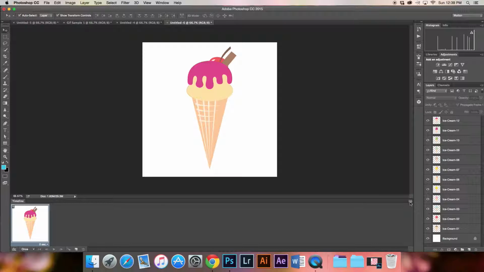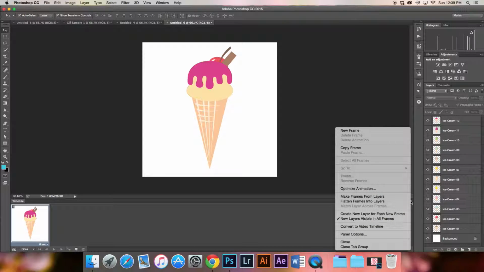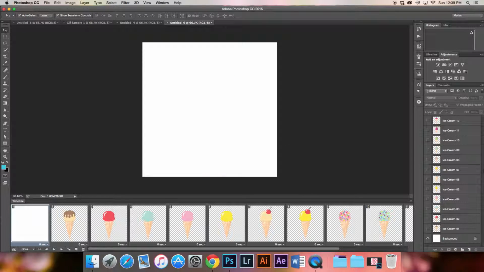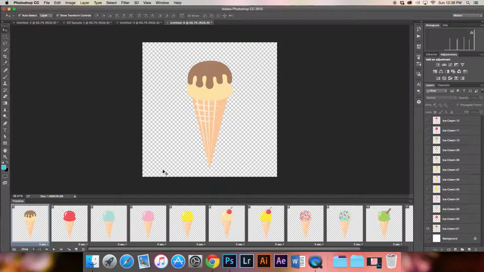And if you click on this little icon here, and say make frames from layers, it will make a frame out of every layer in your document. So you'll notice that the first layer is white because that is our background layer. We don't really need that frame, so I will just click on the frame and click the trash can,